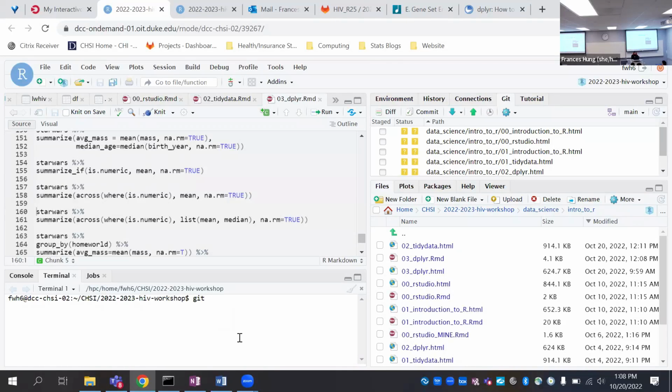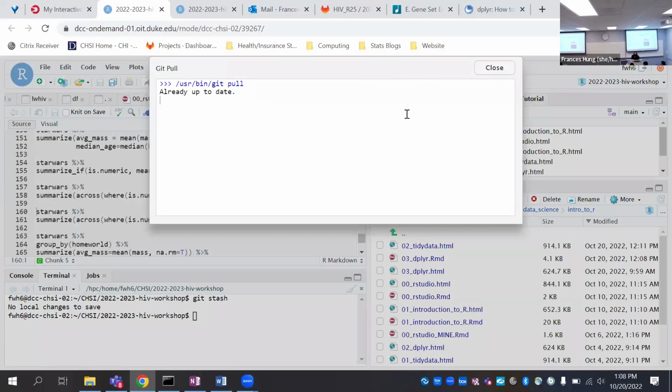Go to your terminal and type in git stash. What this does is temporarily store your local changes in another copy somewhere. I don't have any, but if you do have an error coming up, then you should have changes that you can stash. It's temporary. But once you do that, and you press pull, then it should work because you're saying we're going to throw away my local changes and replace them with my remote changes.